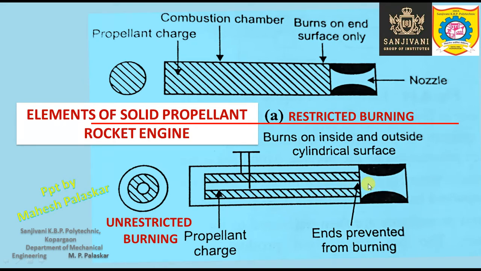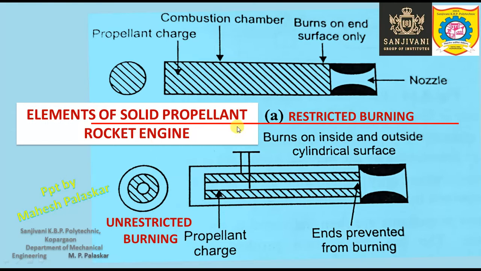That will expand in this particular nozzle, and due to the expansion a very high velocity jet of exhaust gases will leave the nozzle, and it will provide the thrust in the opposite direction, that is the forward direction, and that will propel the vehicle in the forward direction. So this is nothing but the unrestricted